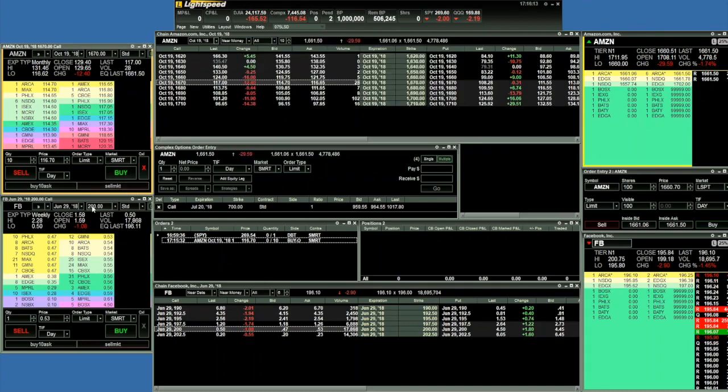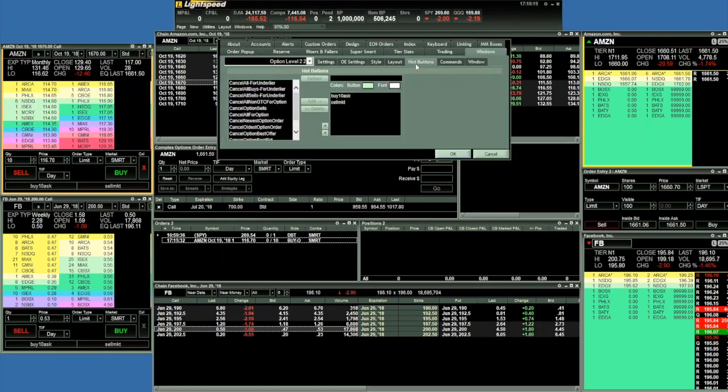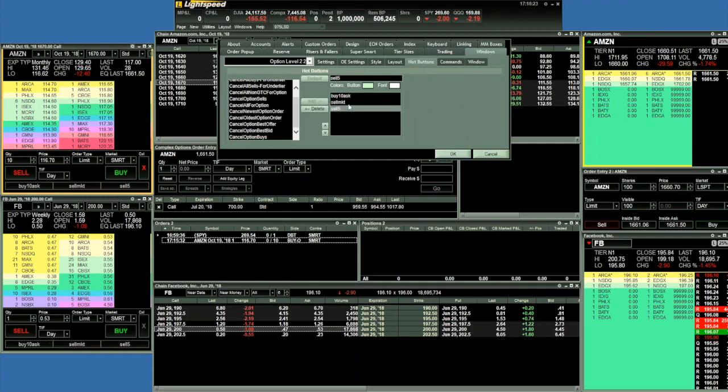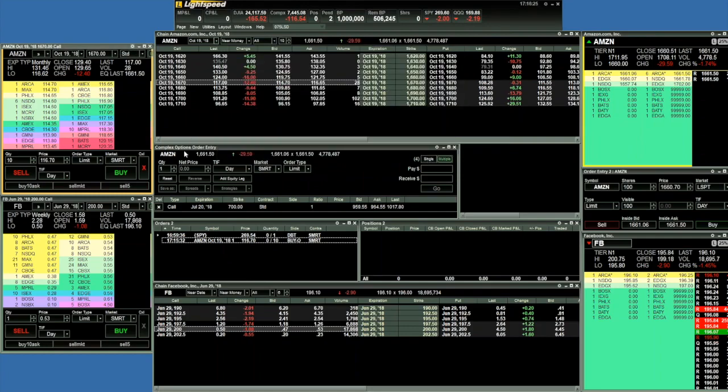So instead of taking extra time to configure this now down to 5 and to change my price or change my order type to market, I have my predefined orders. Very easy to set these and label them, and immediately